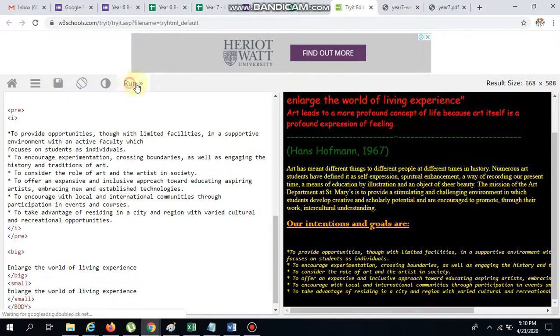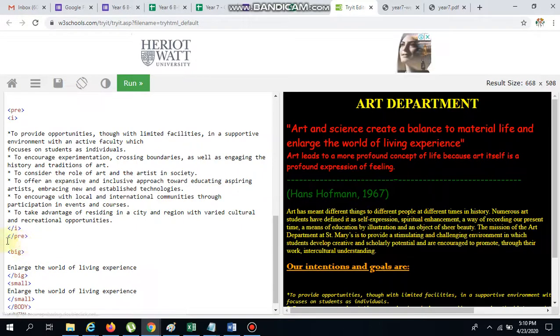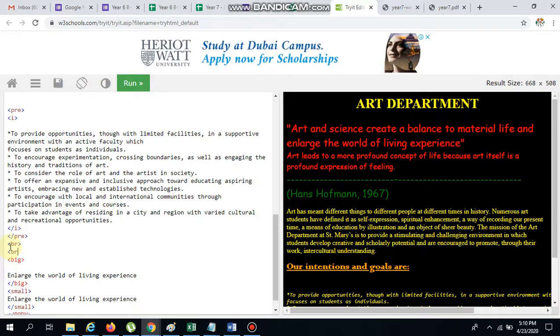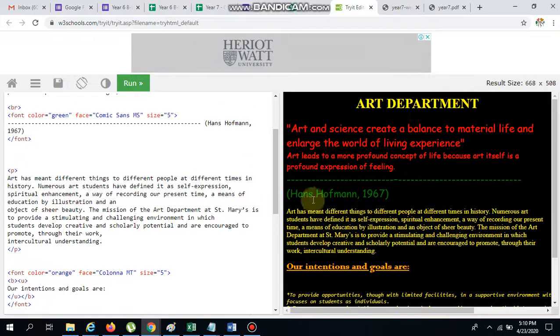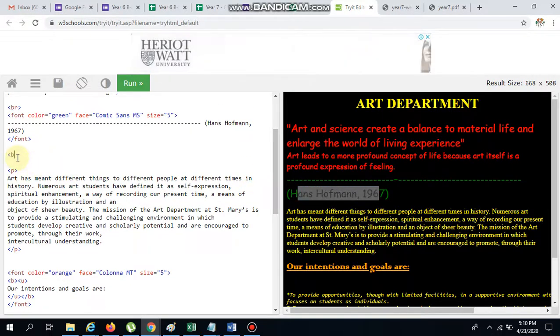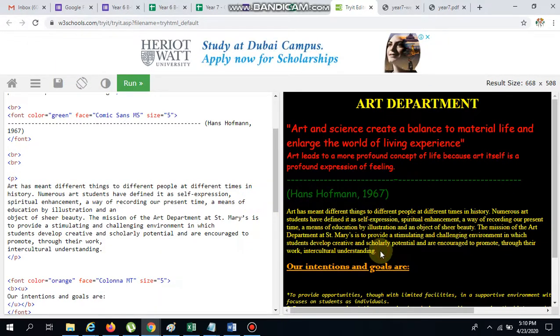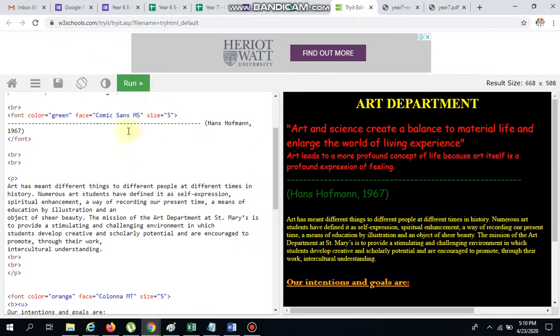If I run this, I can get the same thing, but in between I can add BR whenever it's required. I will add some BR here, then only I can get some gap between the lines. After this line I need a gap, so I'm adding some BR here. After this line I also need some BR, so I'm adding some BR here. Now run this part, it's coming properly.